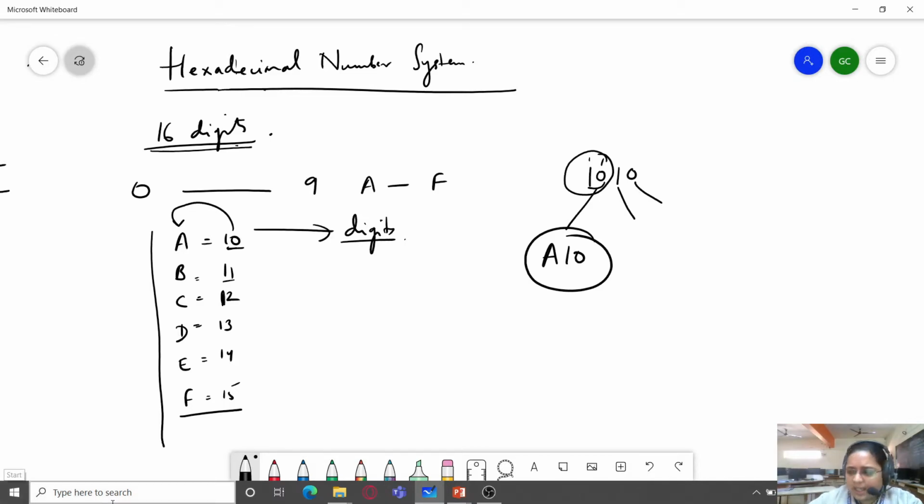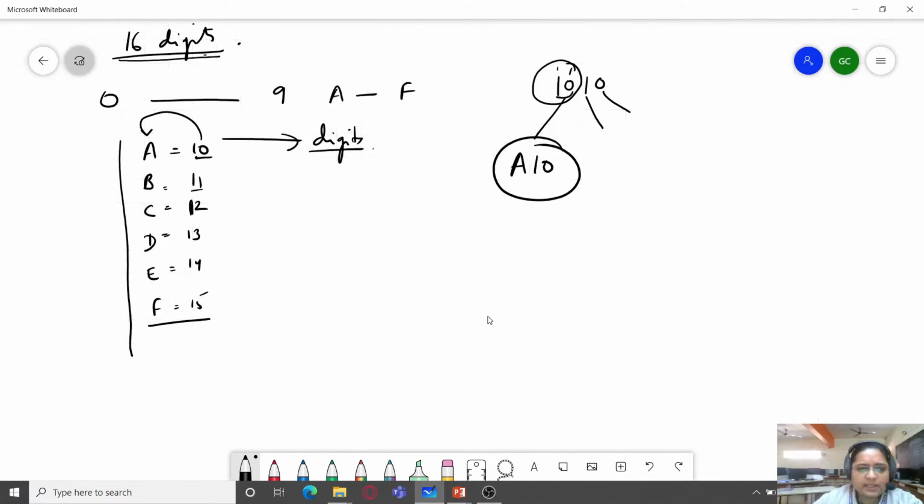So in the hexadecimal number system, you can say that if I have a number like C289.A2, here C represents the digit 12, 2 represents the digit 2, 8 and 9 are individual digits, A represents digit 10 and 2 represents the digit 2. Here also we will assign weights.